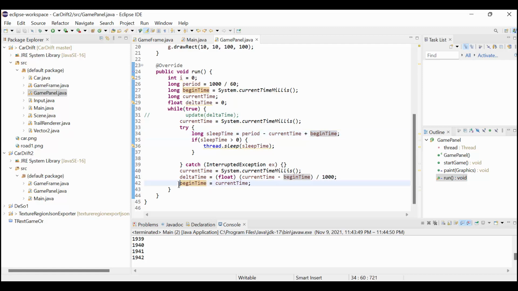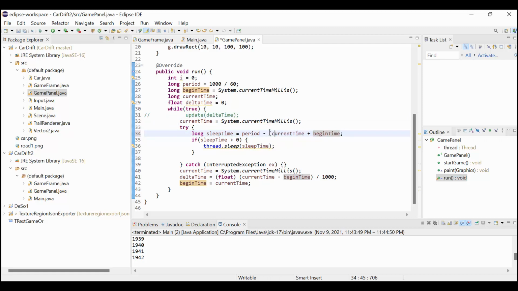You can see here the beginning time I put at the end of the while loop, and when the loop begins again, it goes through the update method. The update method will take a lot of time for this period, and after that we will calculate the time that the update took,